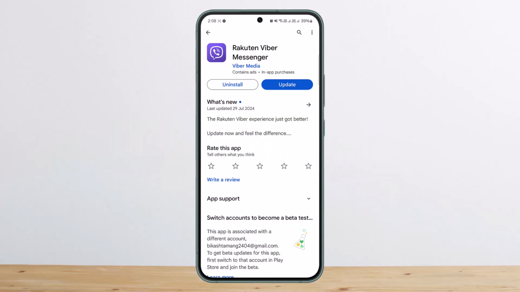This is me, PIN Troubleshooting, and today I'll guide you on how you can fix Viber activation failed. There is a certain reason why you'll get the activation failed error. Now, if it says an activation failed error after entering your two-step verification PIN, it is due to one of